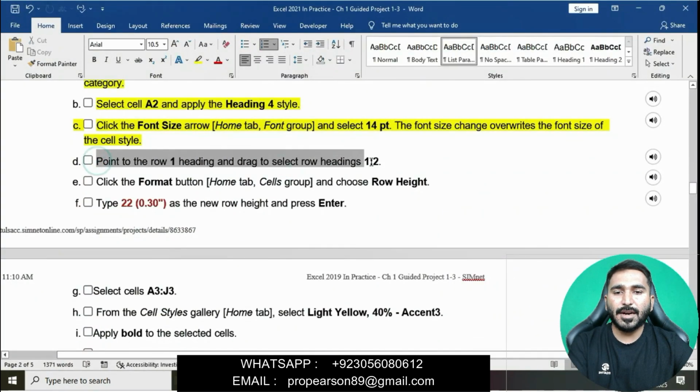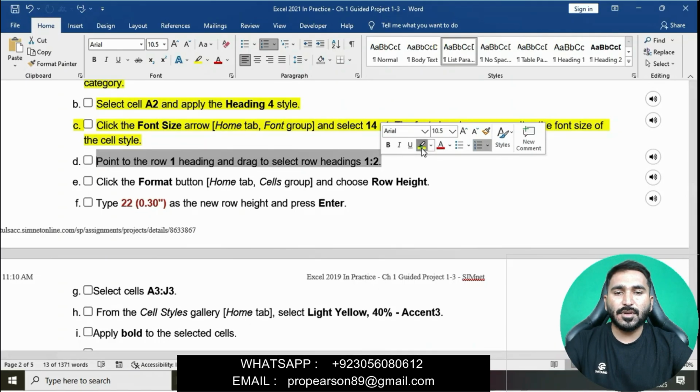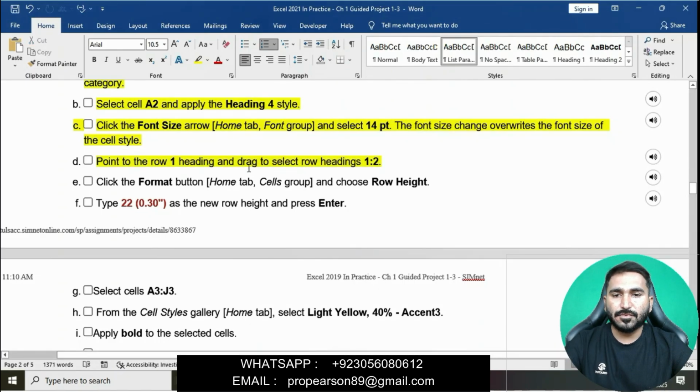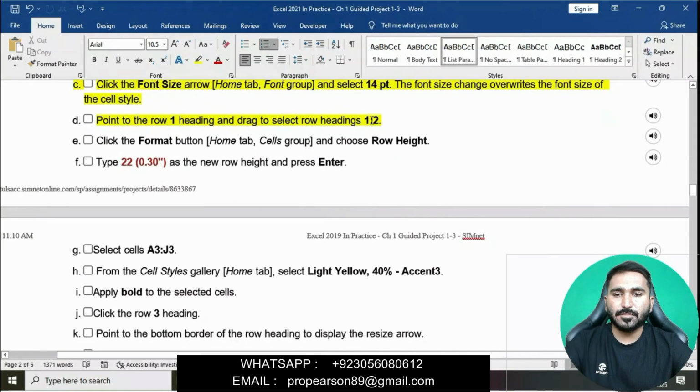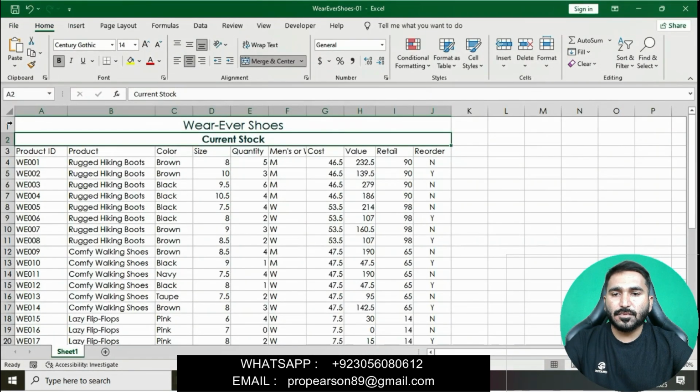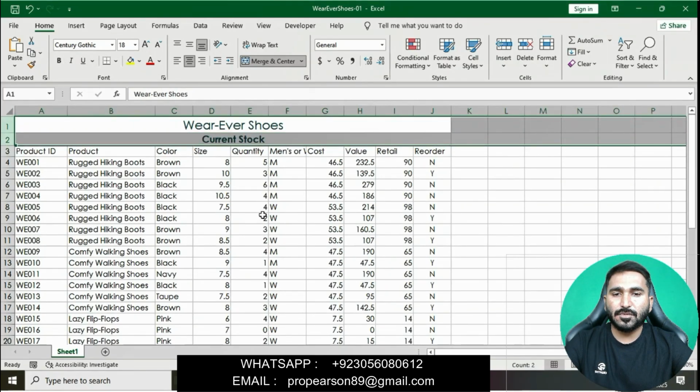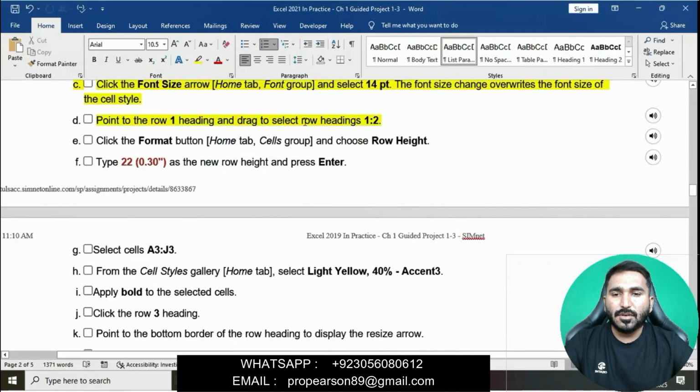Point to the row 1 heading and drag to select row headings 1 to 2. Now click the Format button and choose Row Height.